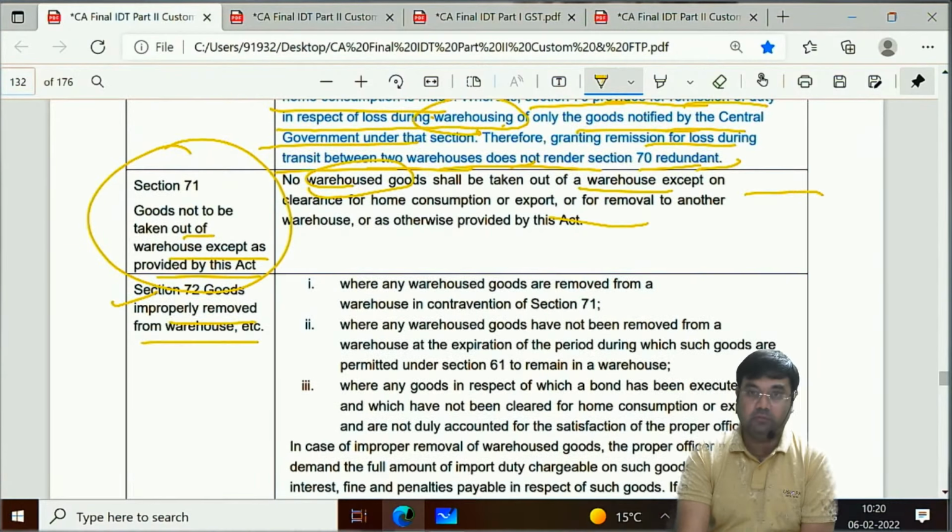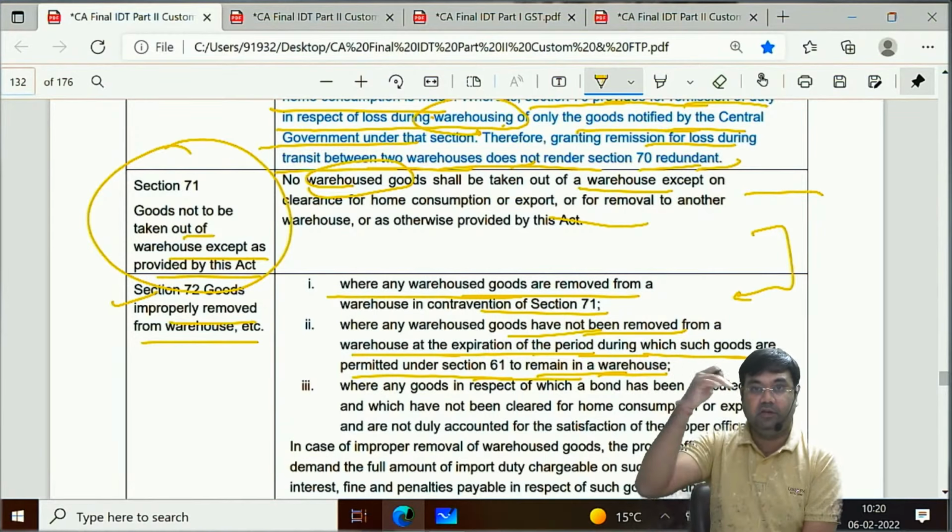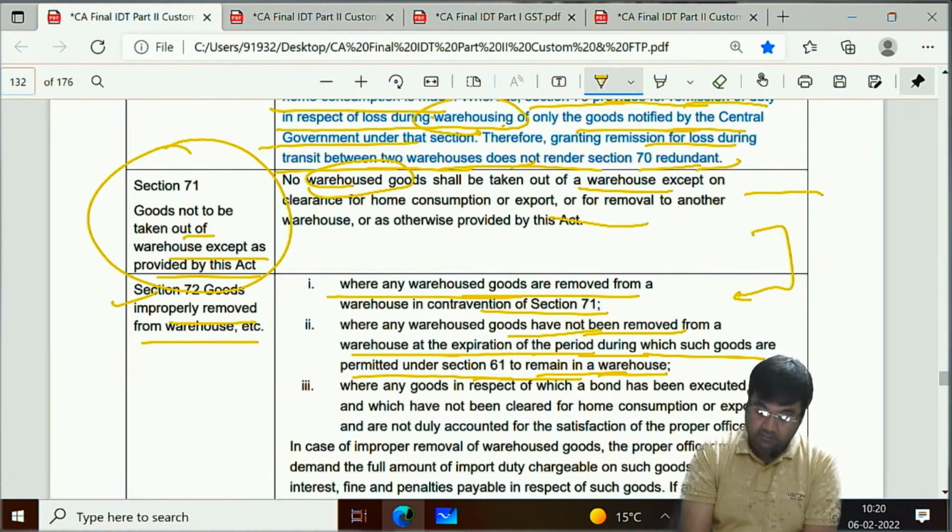So it cannot be removed. So if you are removing goods contravening section 71, where any warehouse goods have not been removed from a warehouse at the expiration of the period during which such goods are permitted under section 61 to remain in warehouse. So let's say goods can be only kept in the warehouse for 1 year for other than EOU, STP, then if you are not removing in 1 year, it is going to be called improperly removed